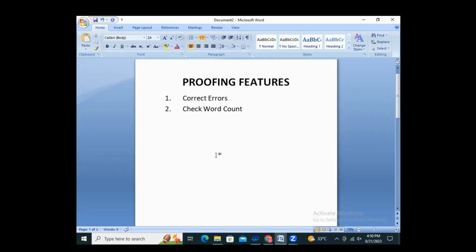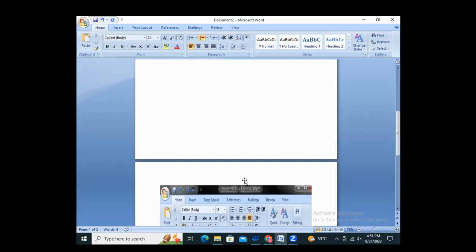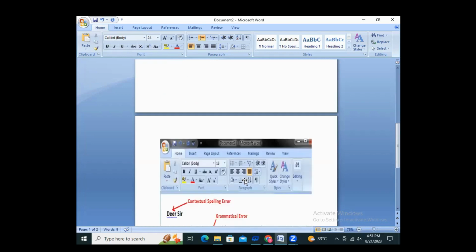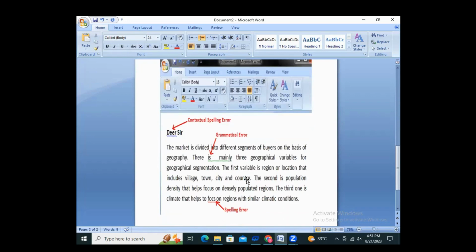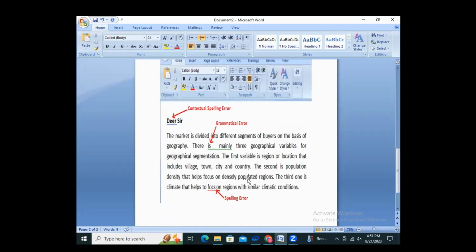See, when you type text in a document, by default, Word informs you if there is any contextual, spelling, or grammatical errors. Word informs you in different ways for different errors. If there is any contextual error, see, I have taken an image to explain you clearly. See here, if there is any contextual error in the document, it will underline the text